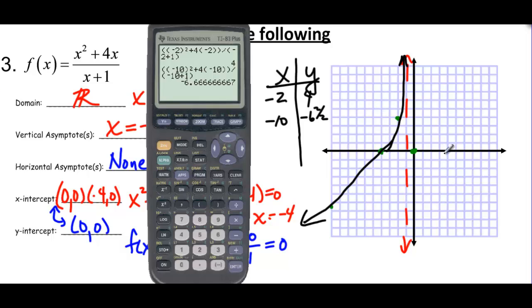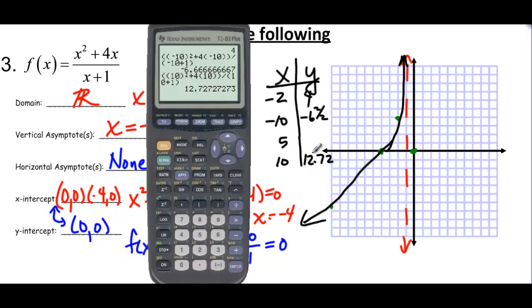Let's try, since I know the points right here, I want to see what happens on the other thing. So let's pick, say, 5 and 10, kind of to see what happens. So I'm going to go to my calculator. Anywhere I had a negative 10, now I'm going to put in a 5. Okay, actually, let's make it a little bit easier. Let's start with the 10 first, because I can just get rid of the negatives. So let's delete that negative and delete that negative. So now I have 10 every place, and now I get a